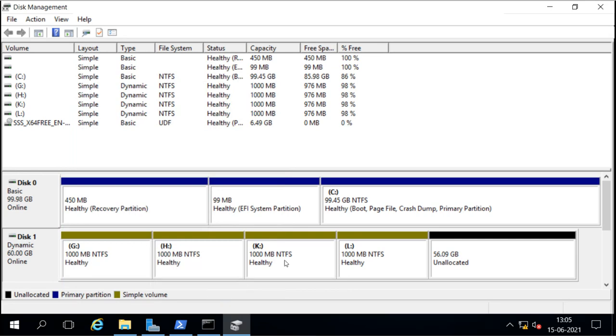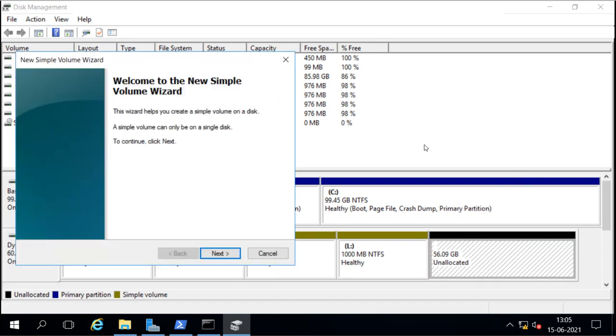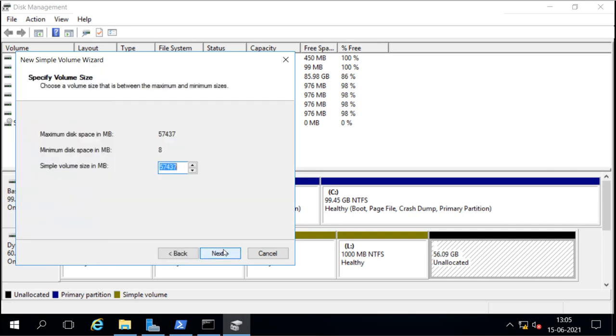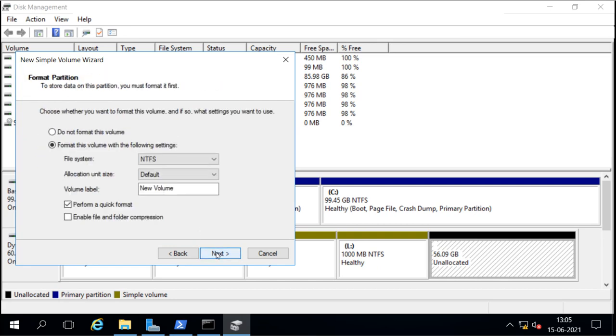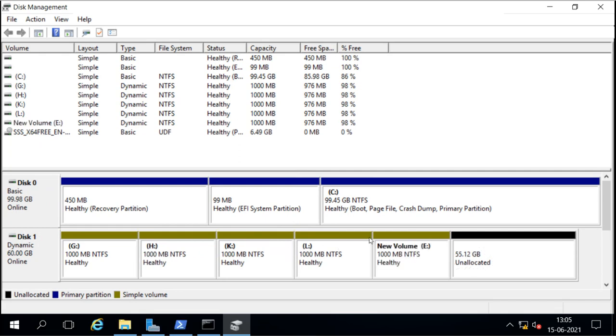Now what if I try to create the new volume now? Remember, it is MBR and we can create only 4 primary partitions. Now I am trying to create new. And it is allowing me to create here.